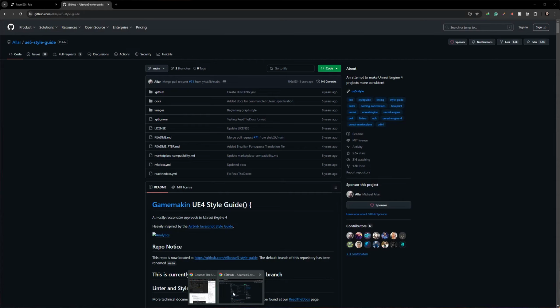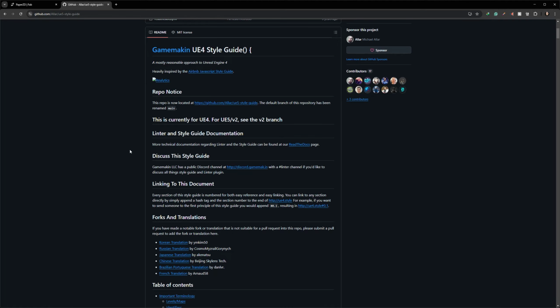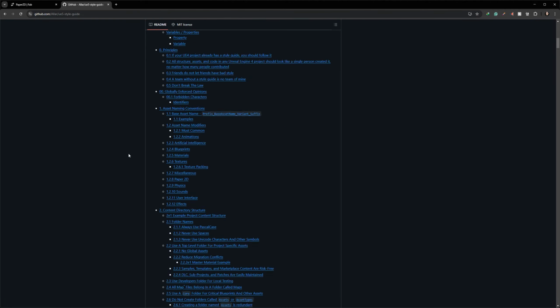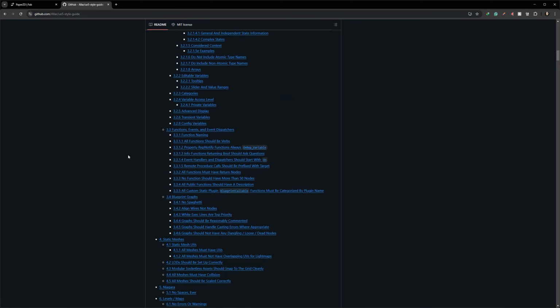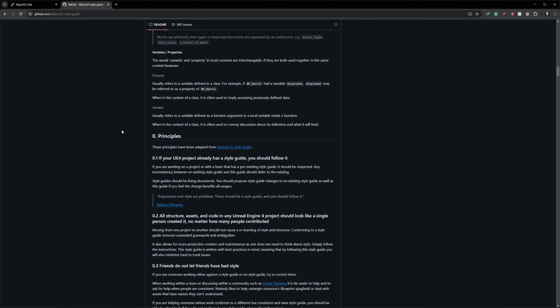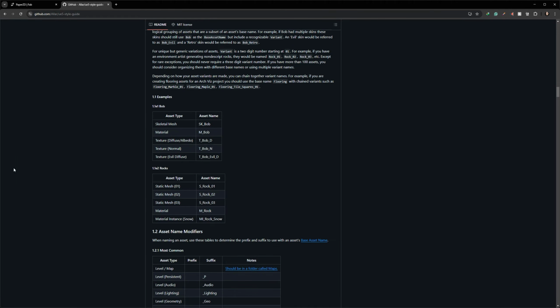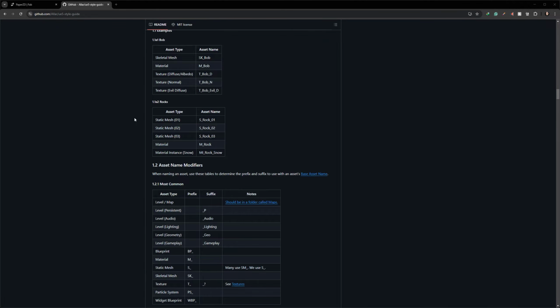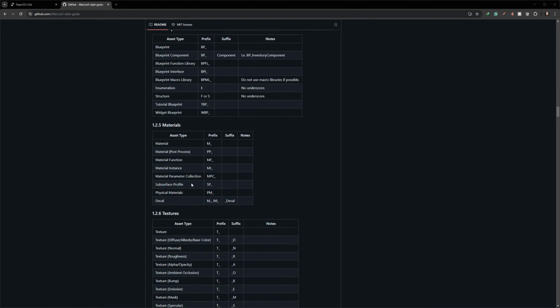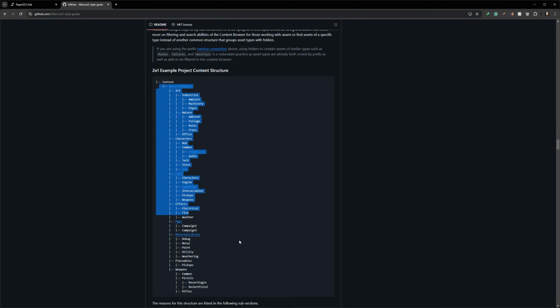Luckily for you, there is a Git UE5 style guide. I use this religiously. In every company I ever worked at, we try to stick to this as much as we can. And I have noticed when I went to work on other projects for other people, that they also use this, including people at Epic. So I really recommend you go to this document. It's essentially, like the name suggests, a style guide. It covers what kind of prefixes and suffixes to use, how to name the assets, and more importantly, if you scroll down a little bit, you have your folder structure.